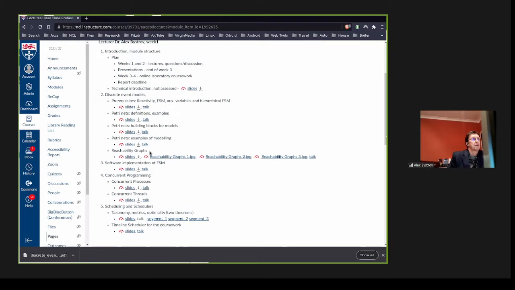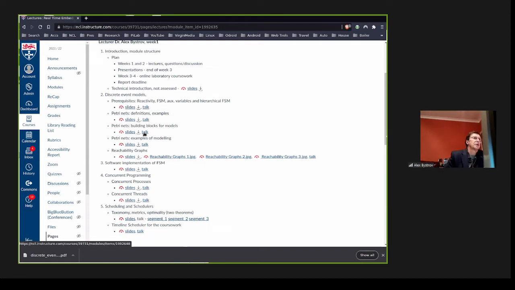My plan for today is to show a couple of examples from this building blocks lecture. The whole talk is pre-recorded, it's long, but I will just open a couple of examples from there. Why? Because they are fundamentally very important. One of them is a pipeline, the other is an arbiter.